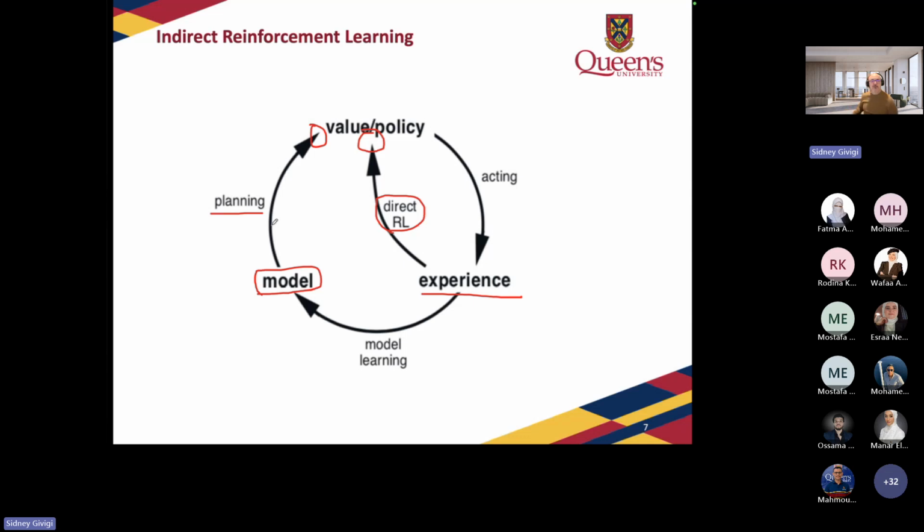But here, from the experience, we are going to create a model, and then this experience is going to be used to tune this model as necessary. This technique we call indirect reinforcement learning, because now we have direct updates. So this is a direct update here, and we have indirect updates through the plan. One is going to be direct, the other one is going to be indirect.